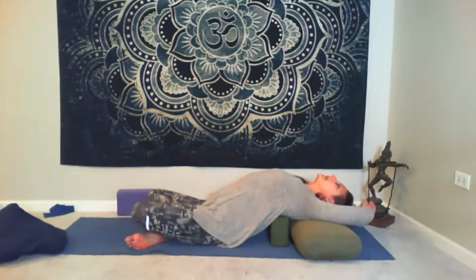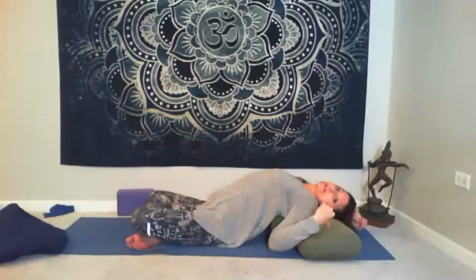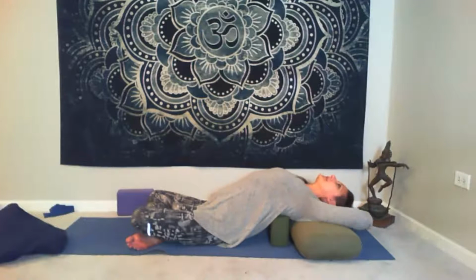So I'm going to loosen that up. I have one hand grabbing onto the other wrist. Now, let's talk about this pose for a second. Especially depending on the thickness of your bolster, this might feel kind of intense with that block where it is. So if you are